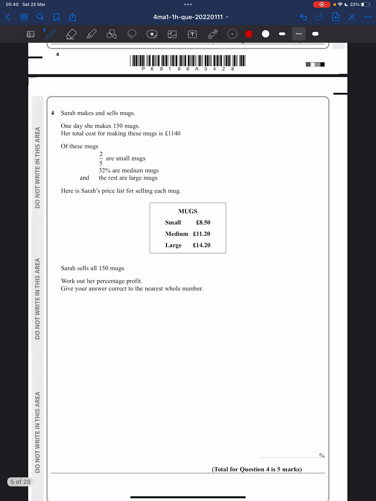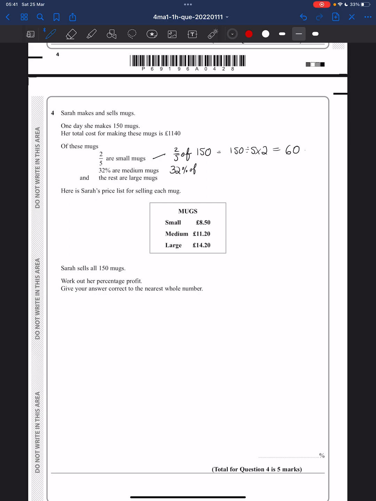Good. So she's got 150 mugs. 2/5 are small. So 2/5 of 150 is 150 divided by 5 times 2, which is 60. Okay, 32% are medium. So